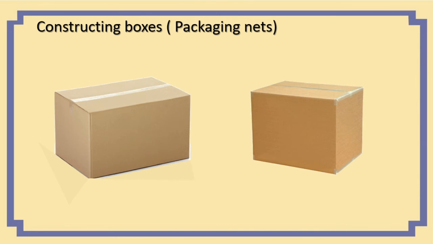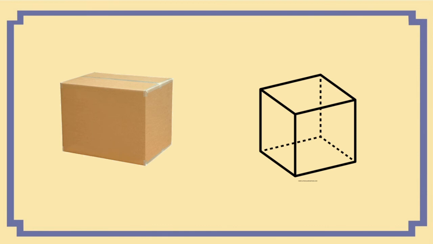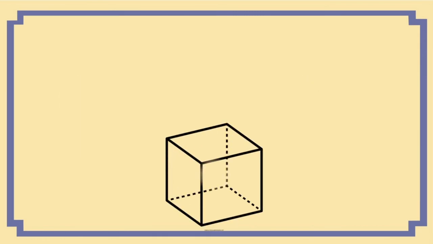Okay. We will try to study about the structure of this box. See, dear children, this is the skeleton of the box. Okay. Here we can see the skeleton. Isn't it? Now, we will try to make this box. See here. This is our skeleton. Isn't it? Okay. Now, slowly we will try to construct this box. See, this is the first part, that is the base. Here this one is the base. This is the first cardboard.